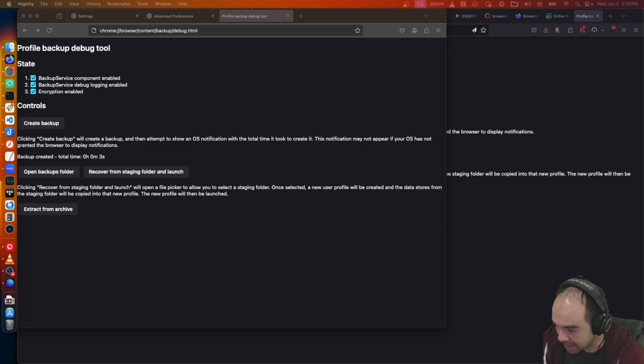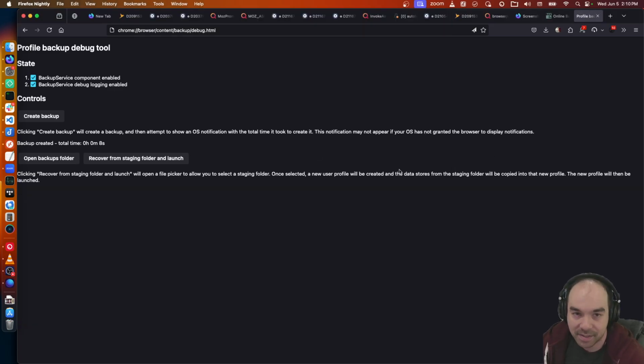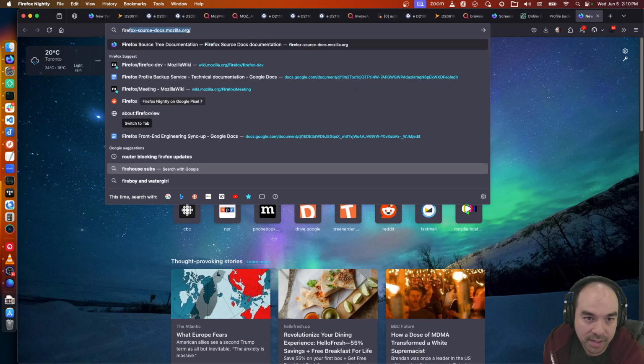Yes, it does use AES, but it's more than just that. I don't have the document. We'll eventually have the documentation for the encryption posted on source docs. Right now, the whole mechanism, the source code, is documented.